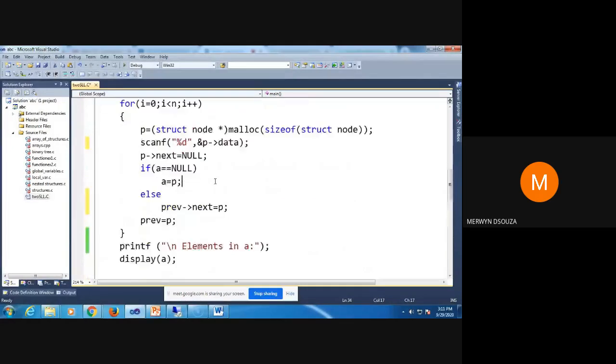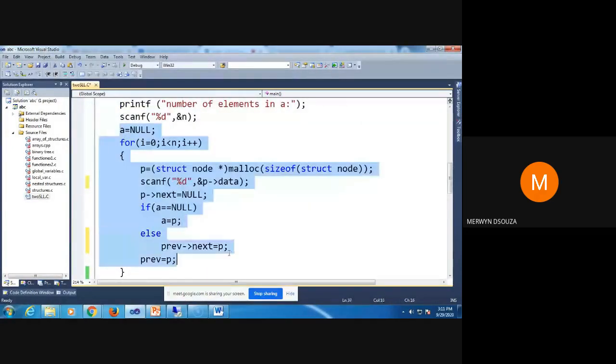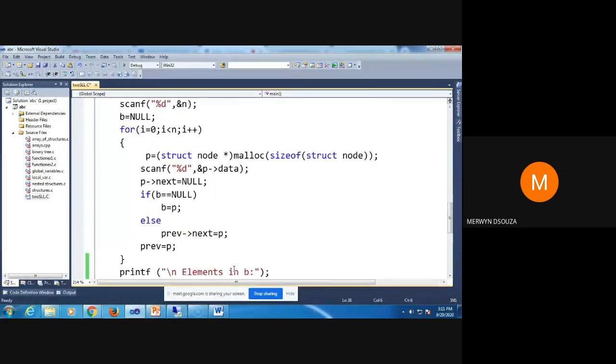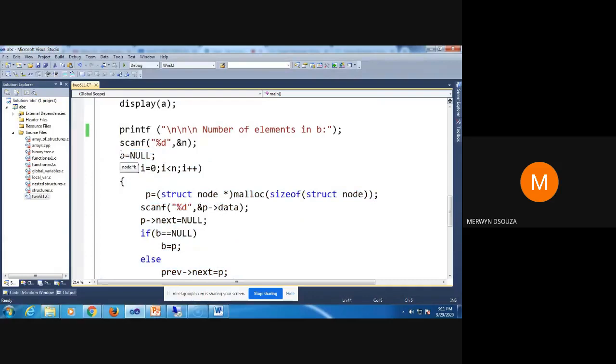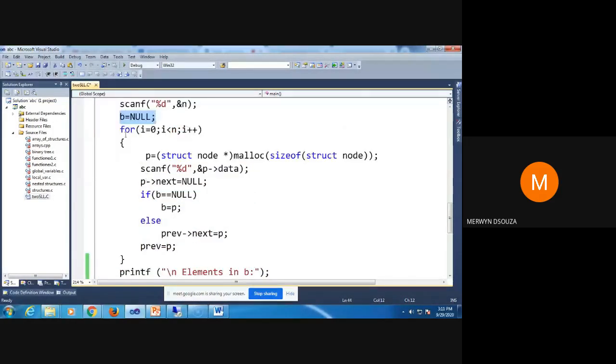I created the first linked list pointed by A, and I use the same code to create another linked list with B. I made another pointer B equal to null, and the same code is repeated, with B everywhere instead of A. If you wanted another linked list, you could have made C, and a fourth one, D, and so on.